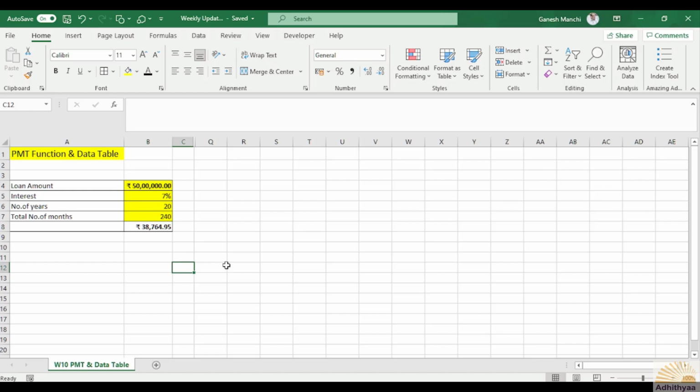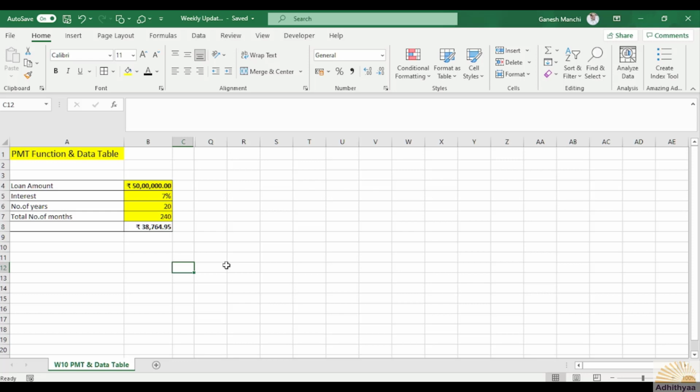Now after seeing this, he or she wanted to know what happens if I don't get 50 lakhs, or what happens if I get more than 50 lakhs. What will happen to my EMI? For this you don't need to work out separately for different loan amounts and the relevant EMI.